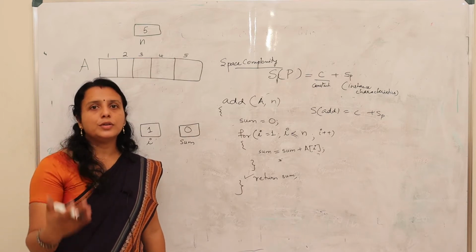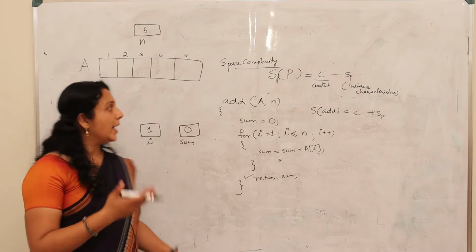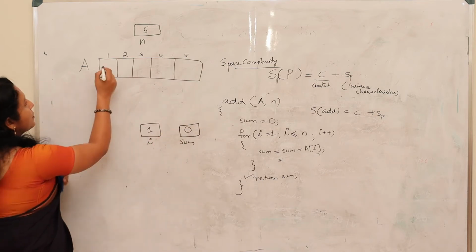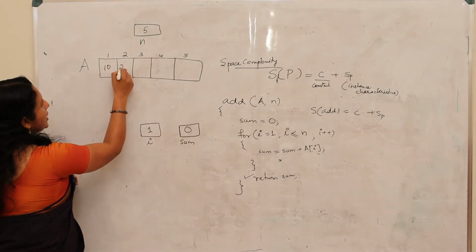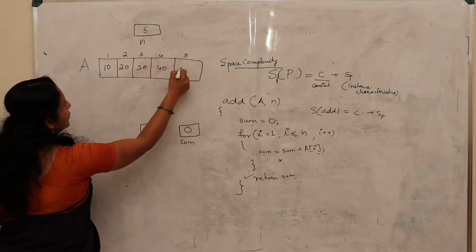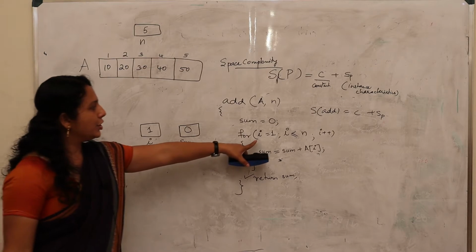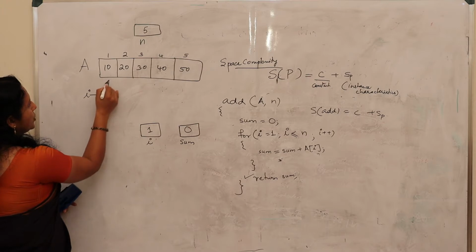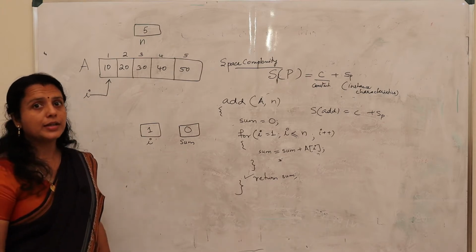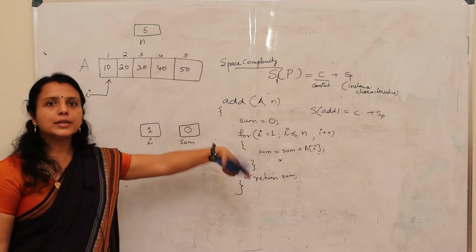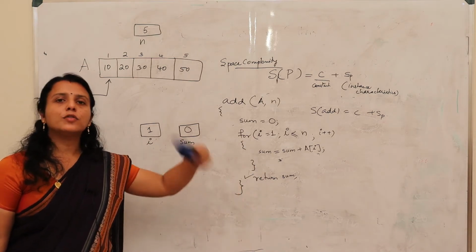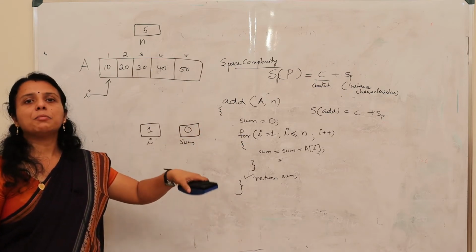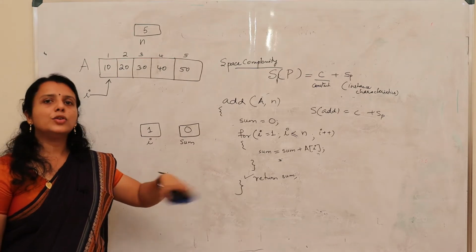So your user will be providing 5 different values, and those values will get stored in this array A. Suppose the values provided are 10, 20, 30, 40 and 50. So when execution starts for I equals 1, that means there is a variable named I, and this is pointing to this index 1. That is what it means. So why is this I counter used? A counter variable is used for iterating over the array locations one by one, so that you can retrieve the element present at those array indexes and work on that.